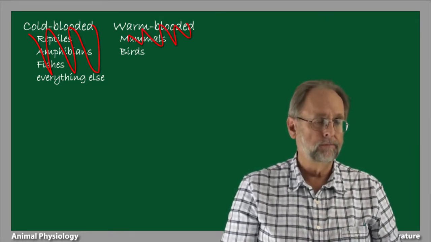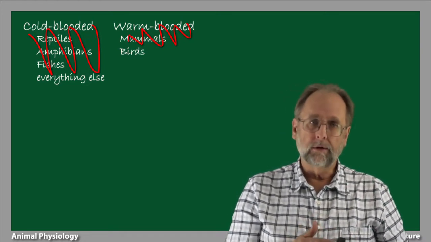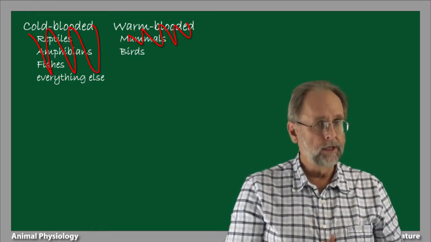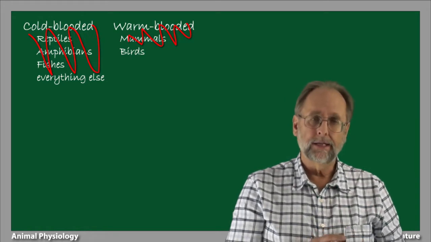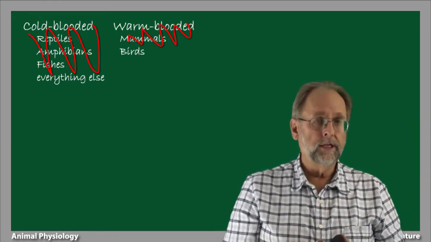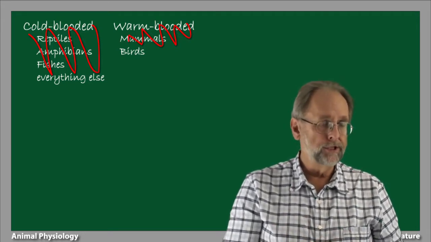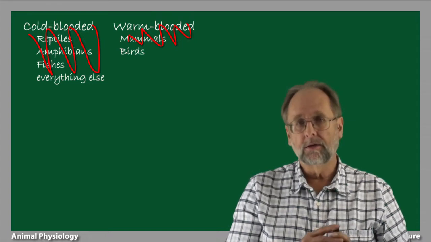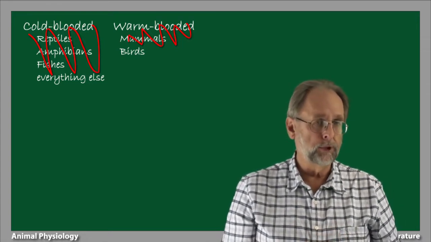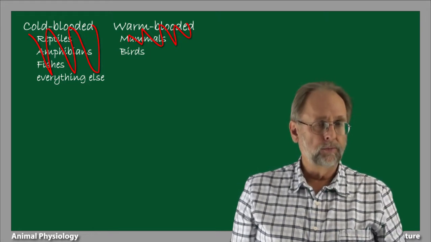about temperature. What people have typically called warm-blooded are creatures that use metabolic energy to regulate a high and steady body temperature. That's really conflating two different things with one another. The first thing is the use of metabolic energy, and the second thing is the regulation of body temperature. Let's look at body temperature regulation first.